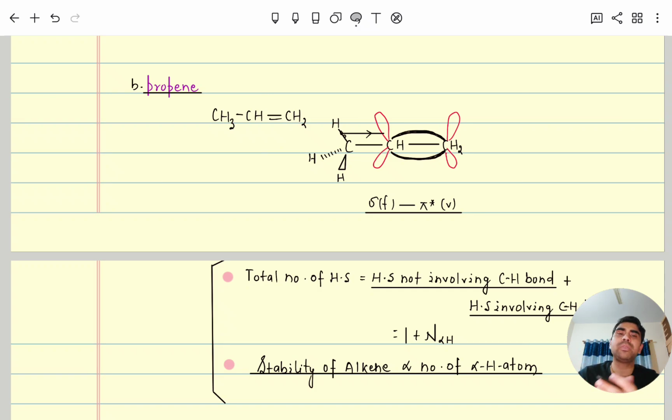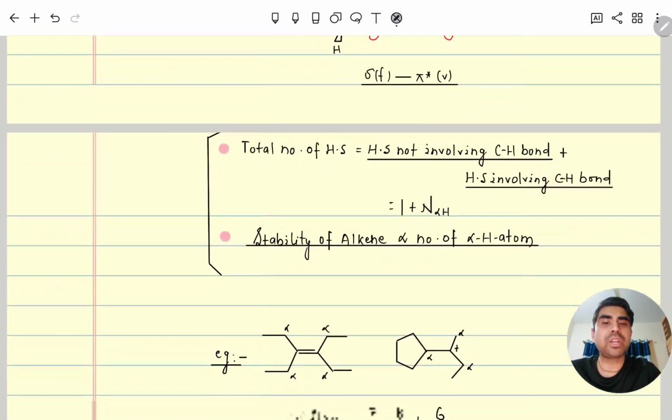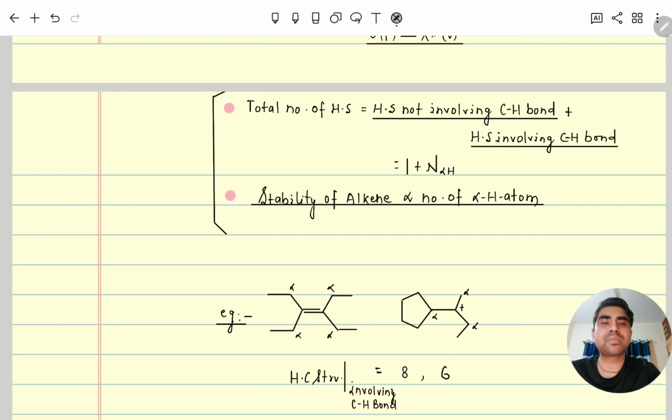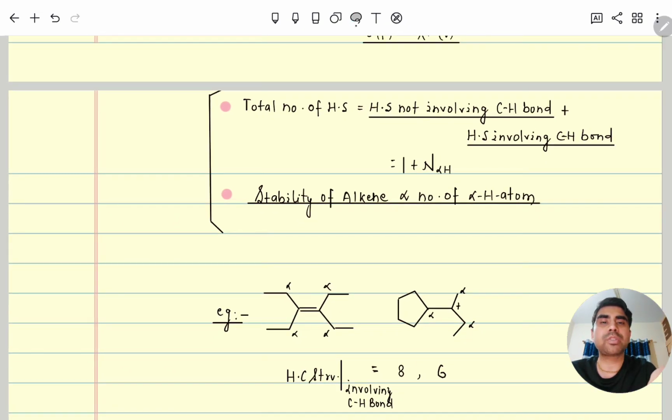Another possibility is CH3 along with that conjugated system. In that, the pi bond is already there, so the sigma electron will move to pi star. When the sigma electrons move to pi star, this is another possibility: sigma filled is moving to pi star vacant. Total number of hyperconjugative structures: